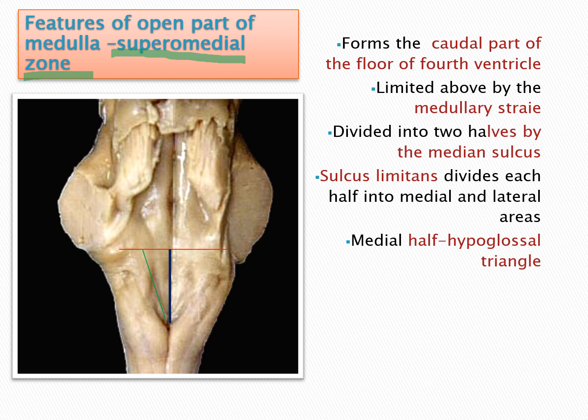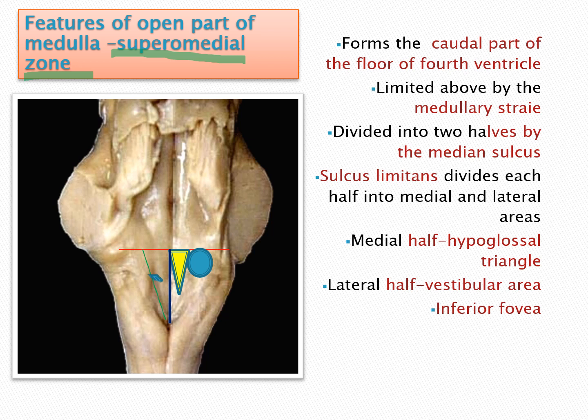Medial half is called the hypoglossal triangle. So this is the medial half which contains the hypoglossal nuclei. So you have to observe this so that when you see the transverse section in the coming part of the lecture, you have to understand where this hypoglossal nucleus is present. Lateral half contains the vestibular area. So this is the lateral half.